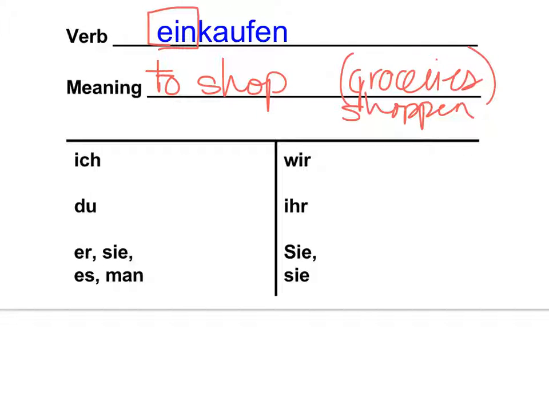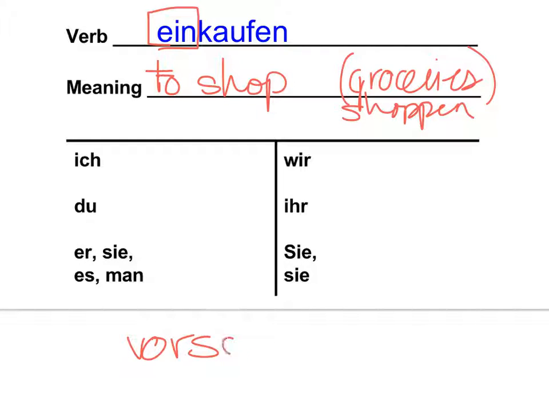So the ein is the part that's going to get kicked to the end. And you conjugate kaufen. Kaufen by itself means to buy. The other thing that happens regularly is that people will remember, hey, I got to remove that ein, and I need to put it somewhere else, but they forget to put it at the end of the sentence. And if you forget that, then it can change the meaning. So if, for example, you forgot this one, instead of saying that you're going shopping, you'd just be saying that you were buying. So very minor change, but there are other ones,